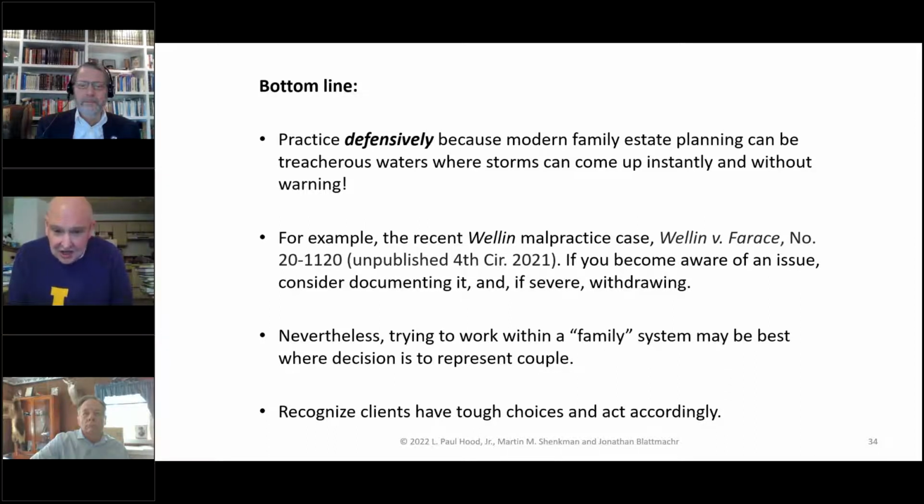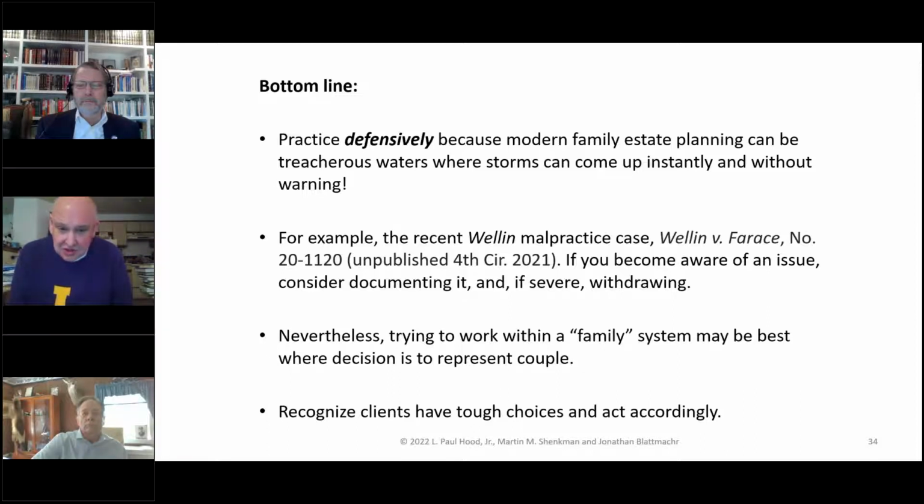So as planners, it's important to be aware that the client has these tough choices, but we need to protect ourselves too, because we're vulnerable